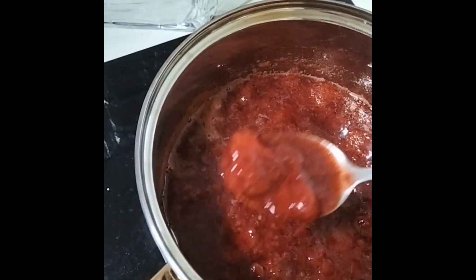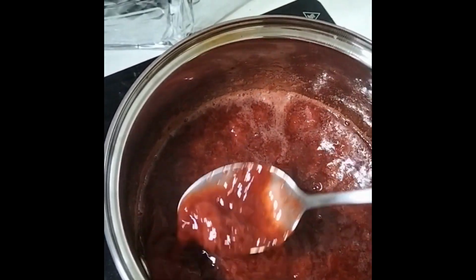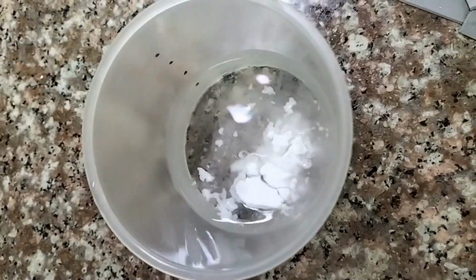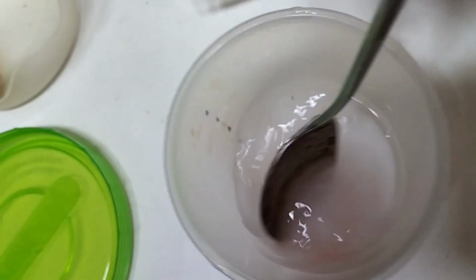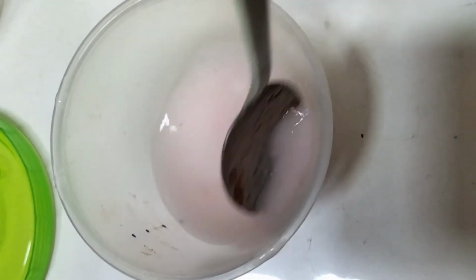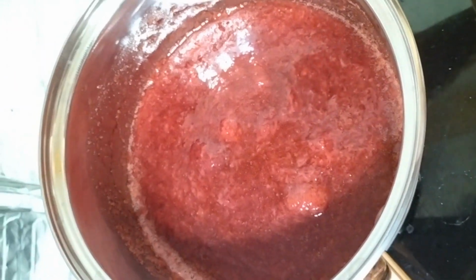After switching off the heat, I added potato starch dissolved in water to thicken it a bit. I normally use chia seeds for being on low-carb diet, but am out of chia seeds, so I use the thickener I have available. This way, you have more control over your ingredients, including the amount of sugar you put